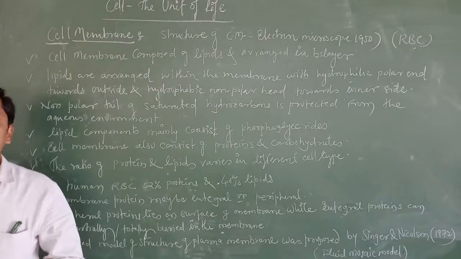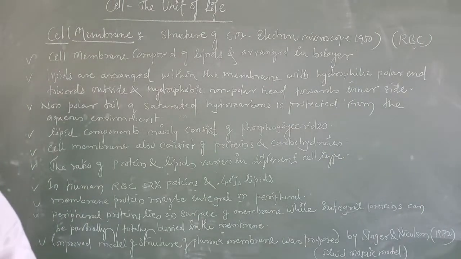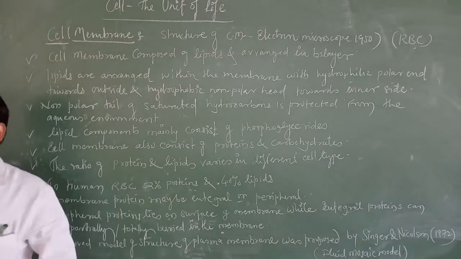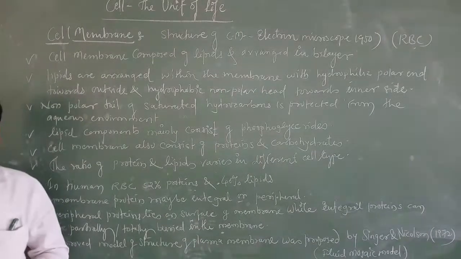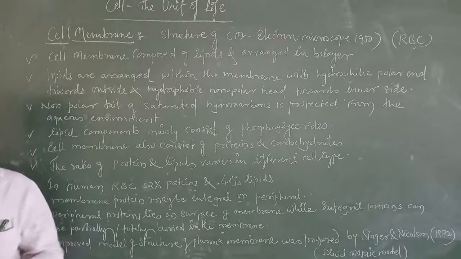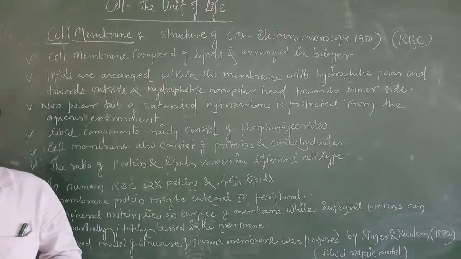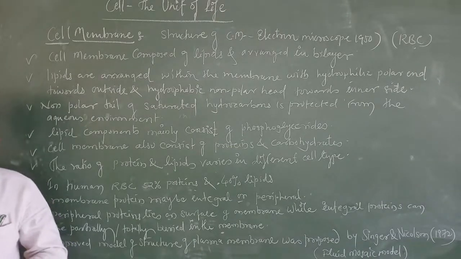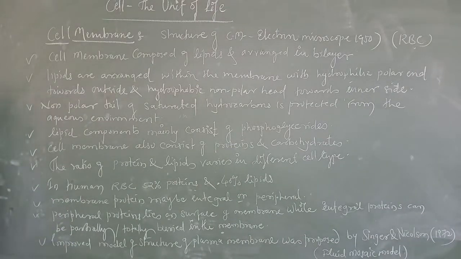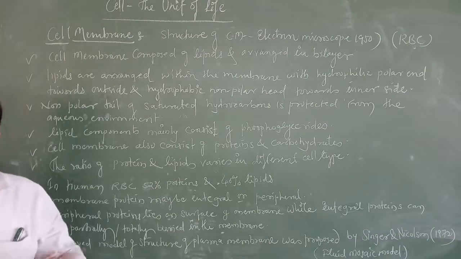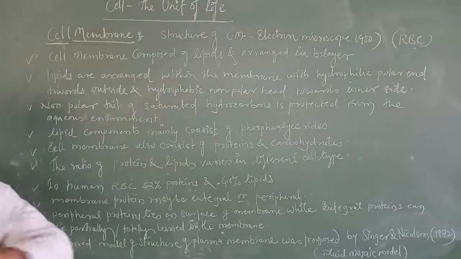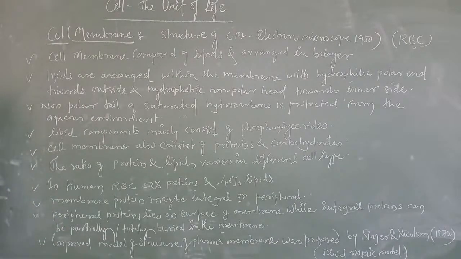Okay, the eukaryotic cell consists of a plasma membrane or a cell membrane, and inside the eukaryotic cell you are going to find different kinds of organelles, and those are membrane bound organelles and non-membrane bound organelles, and you all know about them. Okay, so in today's class under Cell, the Unit of Life, we are going to discuss in detail